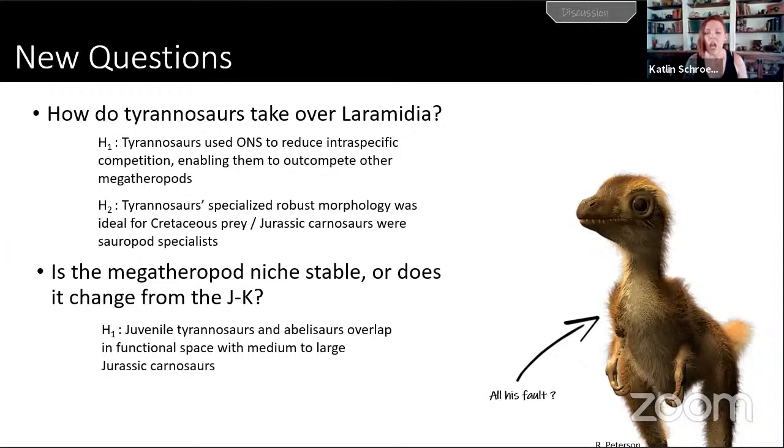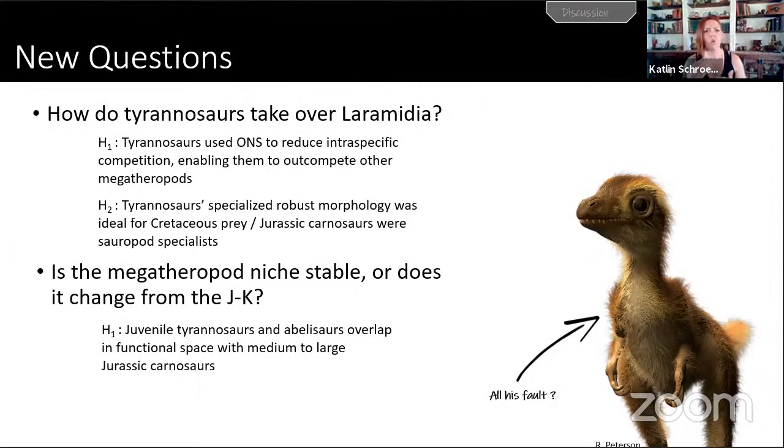Or alternatively, maybe their growth pattern is actually a byproduct of already having specialized morphology that favored them following that faunal turnover. We know that even before Tyrannosaurs started to get big, even before they were really the kind of monsters that T-Rex was, they actually had a lot of specialized morphology in their skulls, in their ears, in their sinuses that was already building towards that kind of bone-crunching, really robust morphology that we see in crowned Tyrannosaurids.